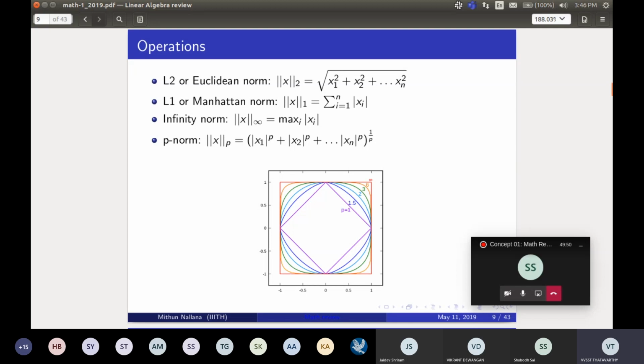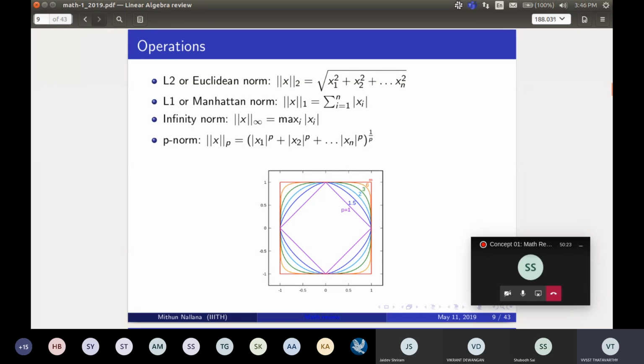Now, instead of remembering all of these formulas and what these mathematical entities represent in general, this figure below represents all of these norms. If you substitute p equals 1, it can be represented in one fashion, and if it is p equals 2, it represents another fashion, and so you can visualize all the norms of vectors in a particular way just by looking at this diagram.